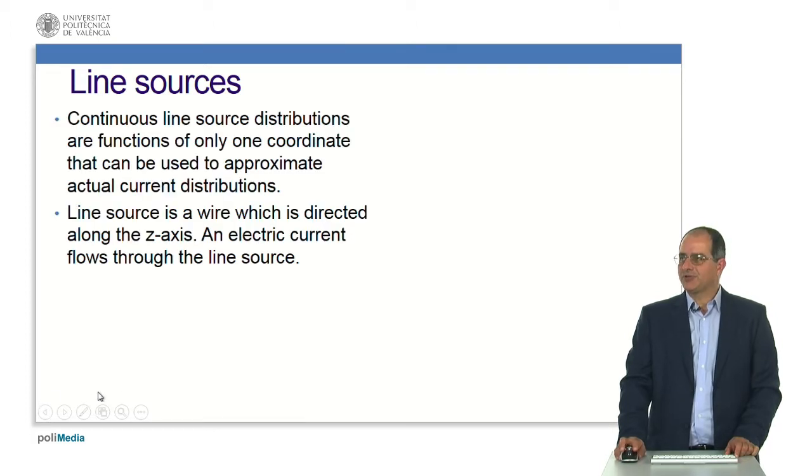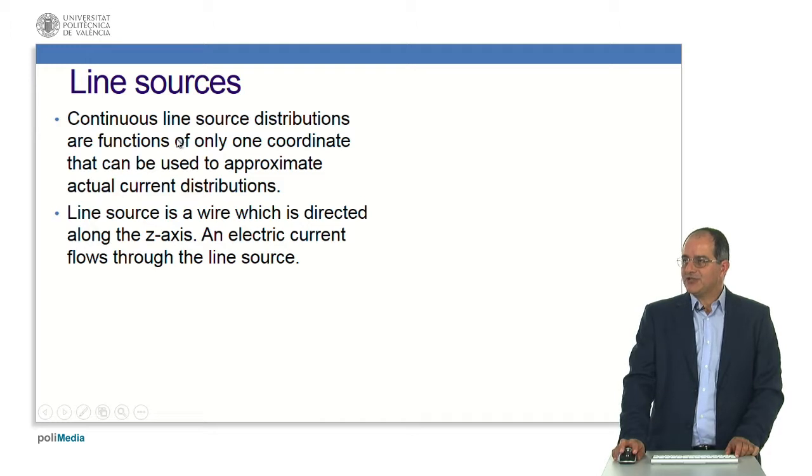And what is a line source? A line source can be defined as a continuous line source distribution whose electrical sources, currents, or charges are only a function of one coordinate. In this way, the line source can be defined as a wire which is directed along the z-axis. We will take the z-axis because it will be easier when we try to find the